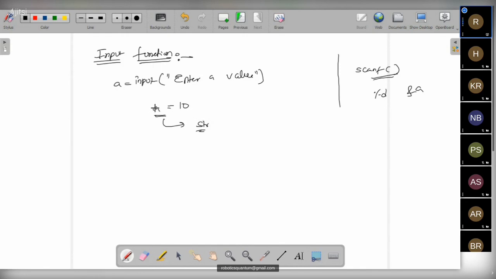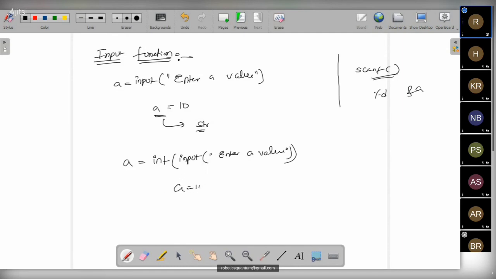Okay, if you want to take only integer input, we must use the typecasting concept. I'm opening int of input of "enter a value". This is the method we'll use to take integer values.